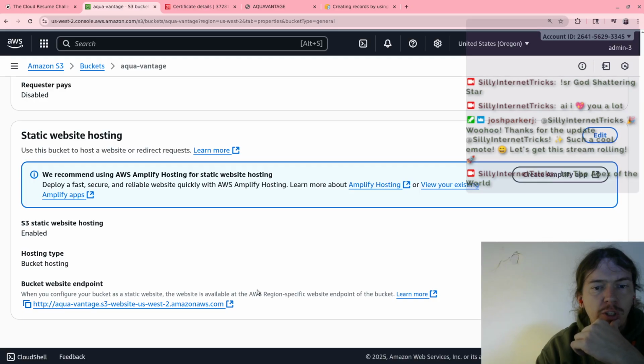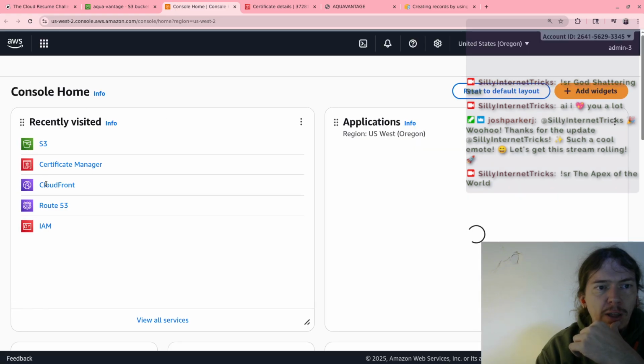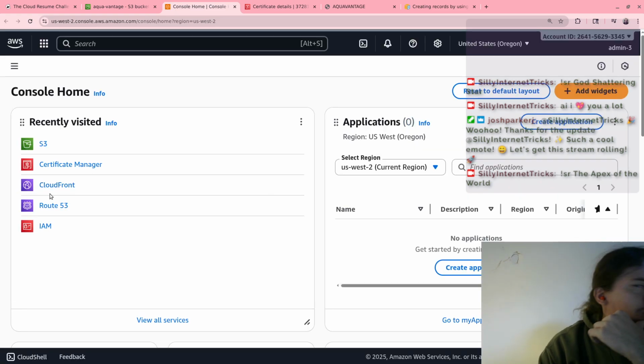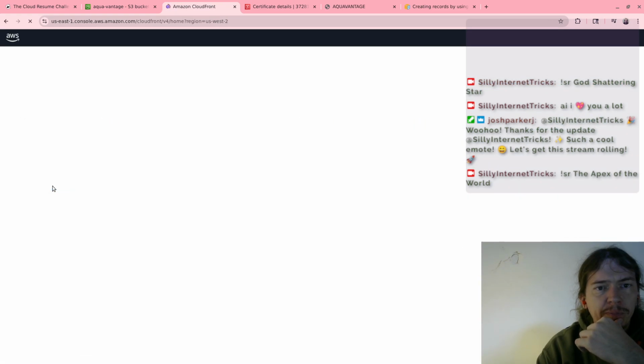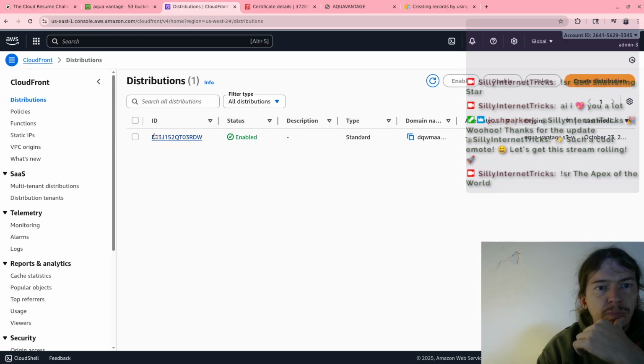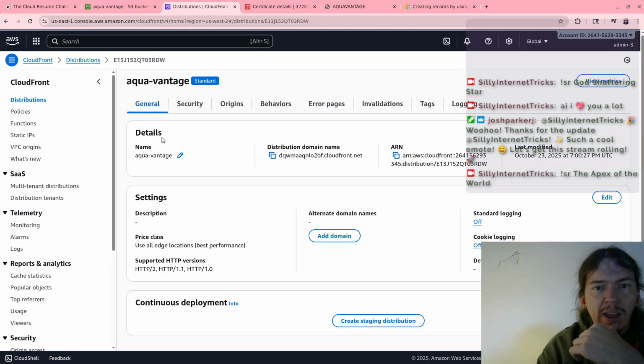Yeah, we're using this bucket website endpoint. And then in CloudFront, I think we want an IP address, pretty sure. Then we have this. So do we have an IP address?